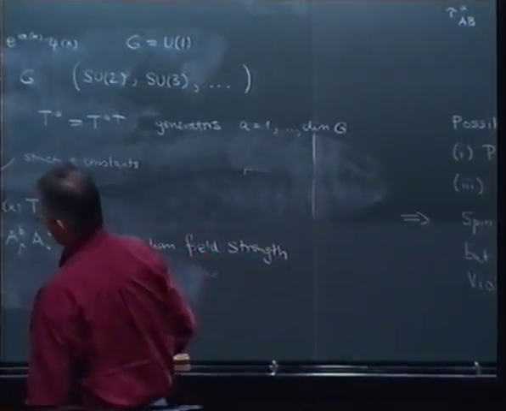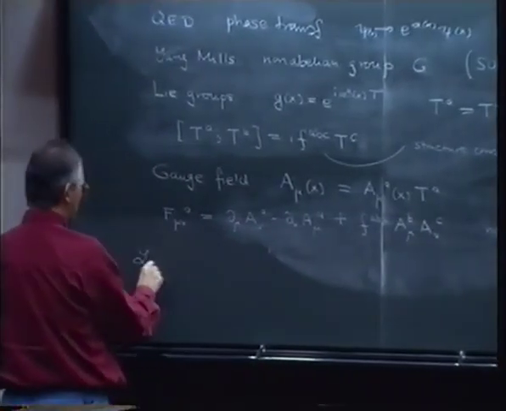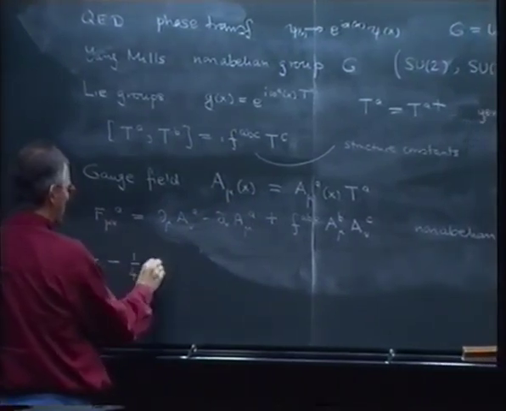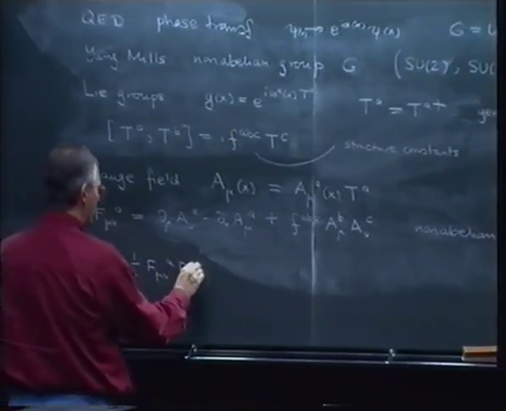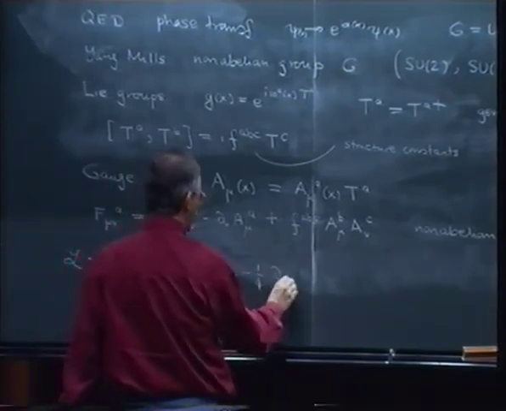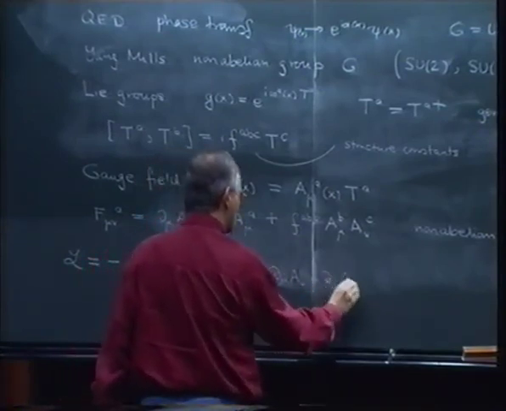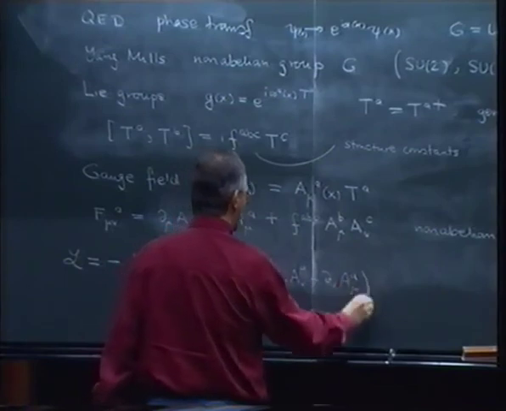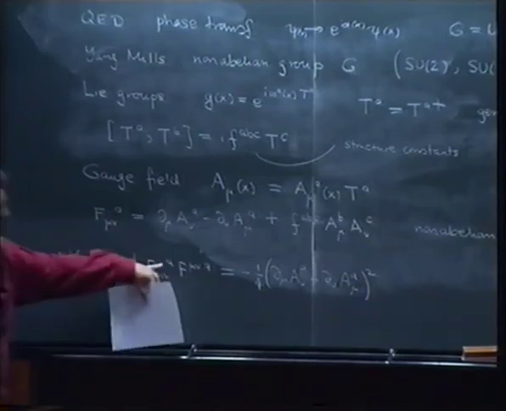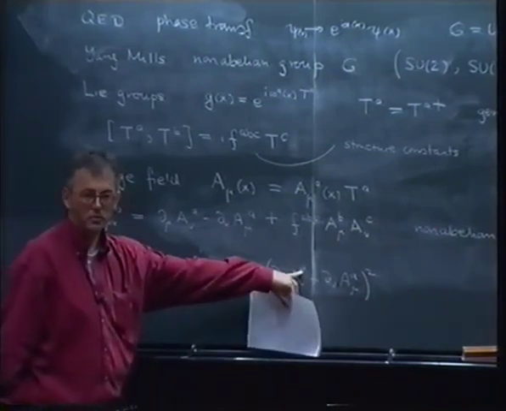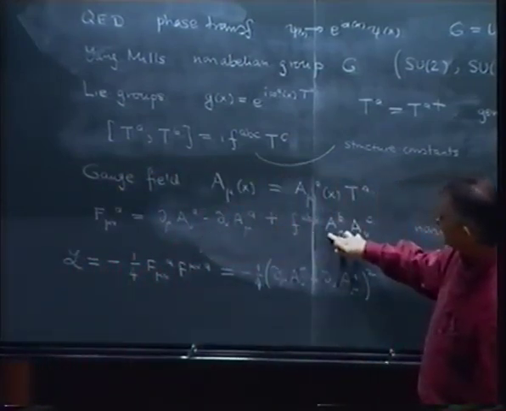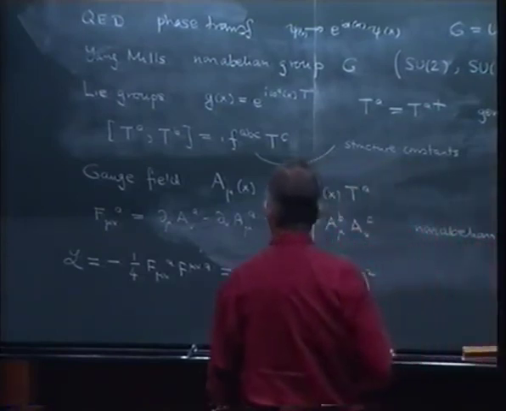And now the invariant Lagrangian here is simply a generalization of the Lagrangian of Maxwell theory. I take 1/4 F^A_{μν} F^{A μν}, and if I write it out, I have 1/4 (∂_μ A^A_ν − ∂_ν A^A_μ) squared. So that's the term we have also for the photon, but there are more of these terms, as many as correspond to the dimension of the group. But now we get extra terms, because here we have this quadratic contribution, and then we get